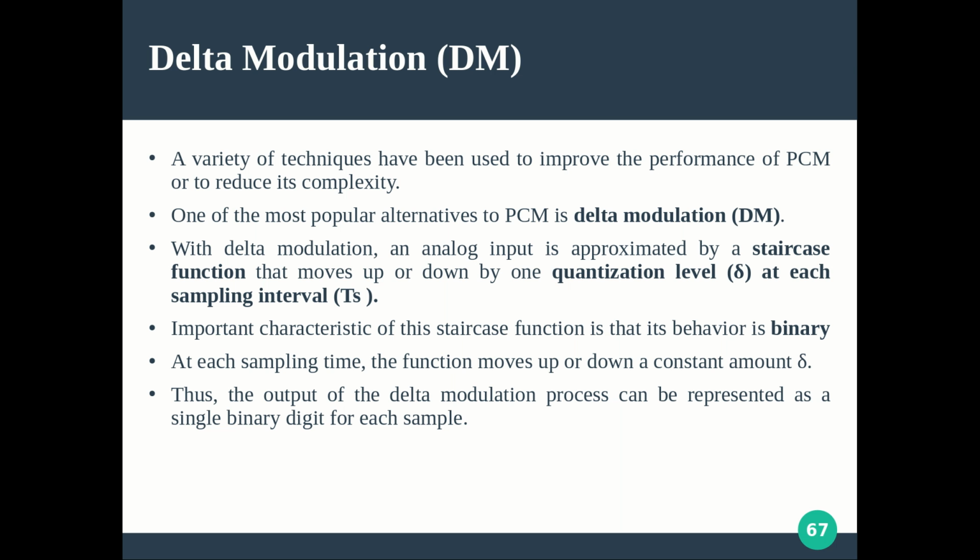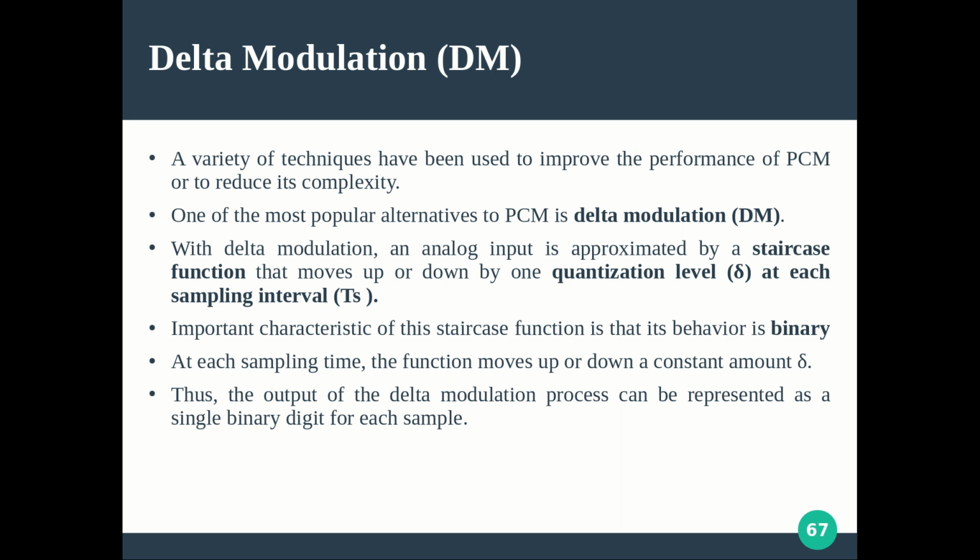So here comes the difference. In PCM, we took the sample, noted down that sample value at different sample intervals, then we converted or quantized it into some discrete value ranging from 0 to 15 in our previous example, so that for each sample value we used 4 bits. But here such 4 bits are not needed. Instead of those 4 bits, we just need a single bit. That is a specialty here.